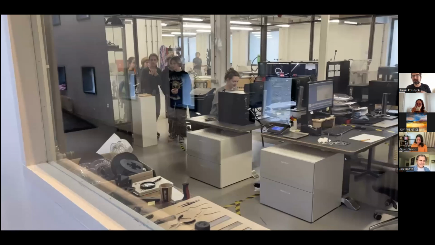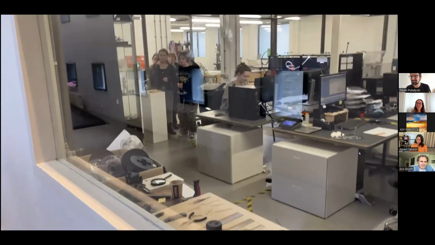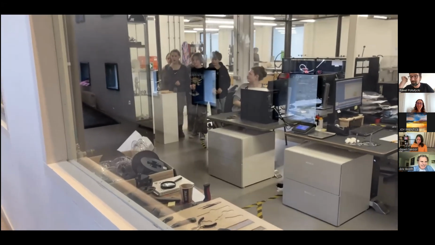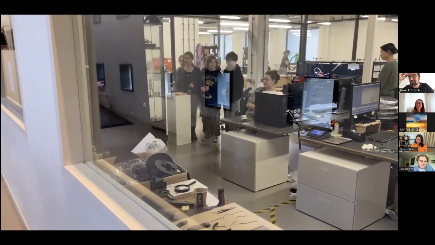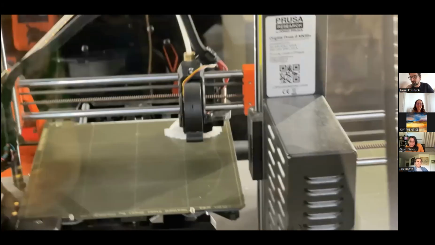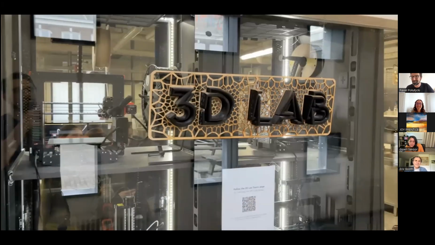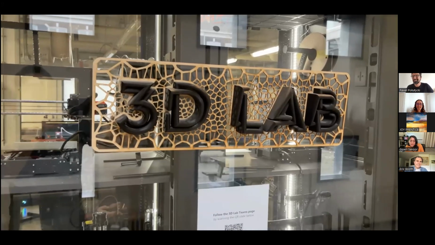And then I thought, okay, the kids enjoyed it so much, coming up with the characters and sketching them, that I thought they need to have some kind of takeaway from it. So with sustainable materials, we managed to 3D print these models. So this is a visit to the 3D printing lab, where their creations are being turned into little toys. You see that the 3D lab itself also refers to some natural patterns.